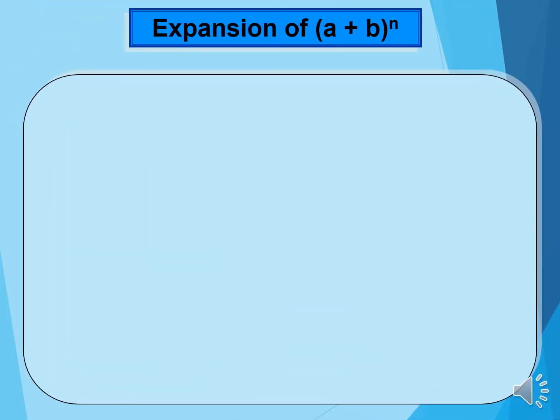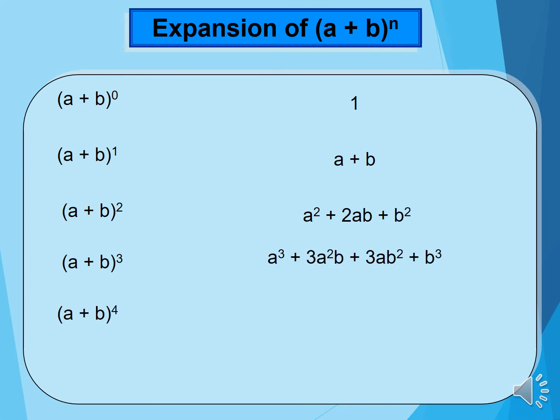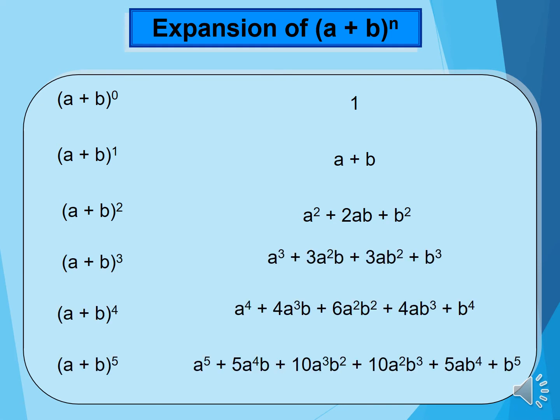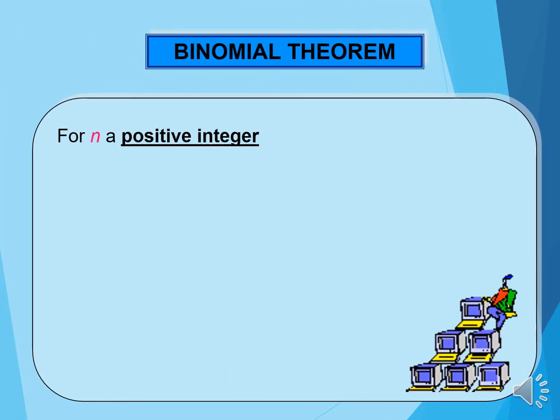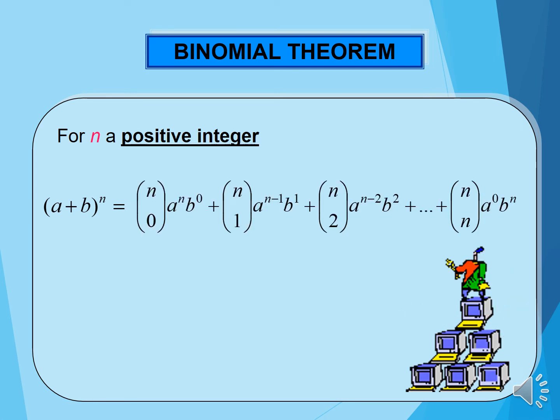Expansion of a plus b to the power of n. Look at the pattern. The arrangement of numbers is called Pascal's triangle. Binomial theorem. For n a positive integer, from Pascal's triangle,